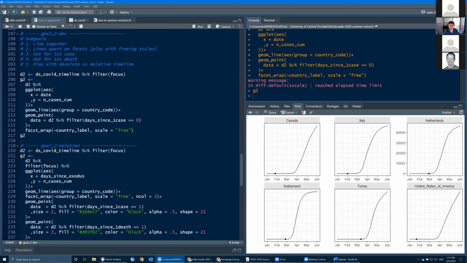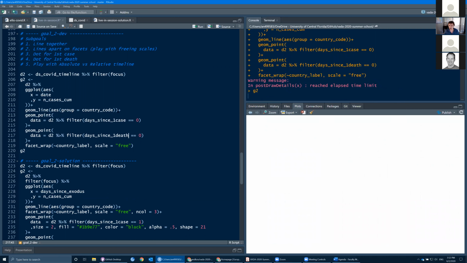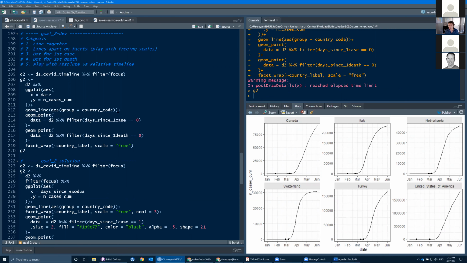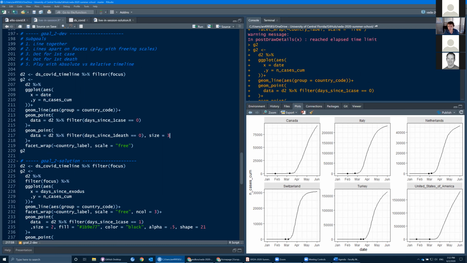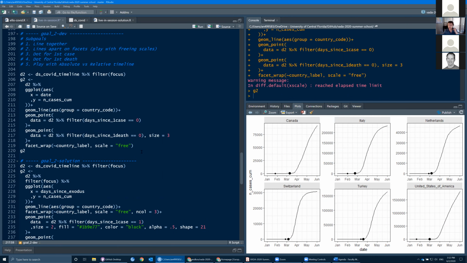right here. In a similar fashion, we can add another geom point with a different filter. That, let's say, is going to be the day since first death, and that will place a second marker. And again, this is possible only because we did spend time on computing those values in the first place. So maybe we can change the size, something very quickly to differentiate the first from the second. So we can see and we can start adding more aesthetics to help us understand how to interpret this particular